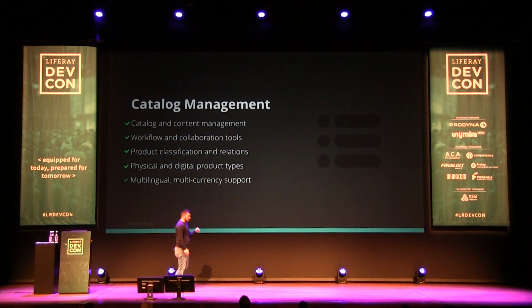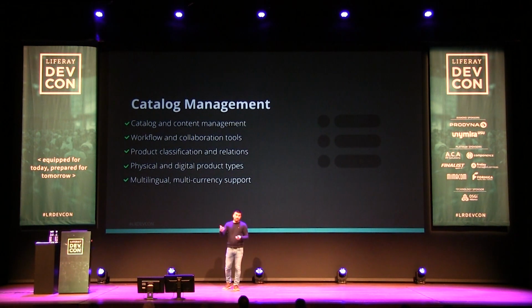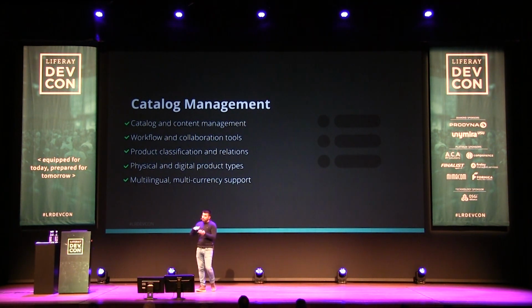So what is the catalog management? The catalog management is that section inside Liferay Commerce where you are able to manage your products. You are able to create products, categorize them, and add more information to the products, like attaching documents, maybe adding images, specifications, options. It is the section where you manage all the information, like categorization of the product, and you add all of that extra information.